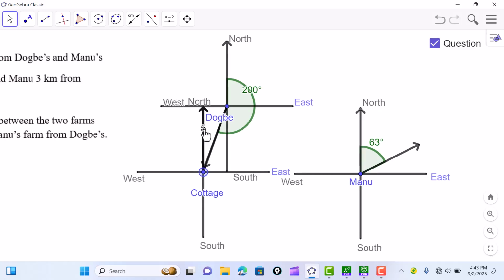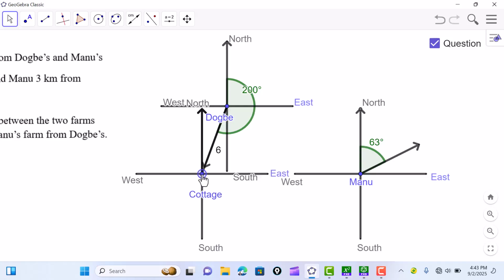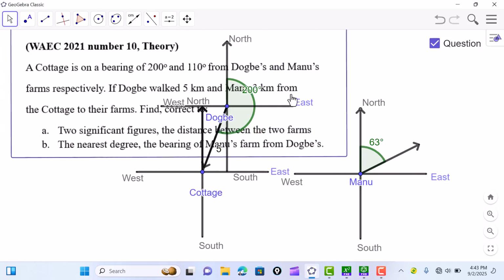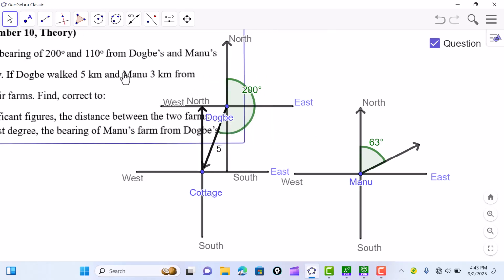So you can see the distance from Dube to cottage farm. So okay, now this is 5. So we can stop here. So Dube to cottage farm, we have done it, that is 5. All right. Now the next thing in the question is